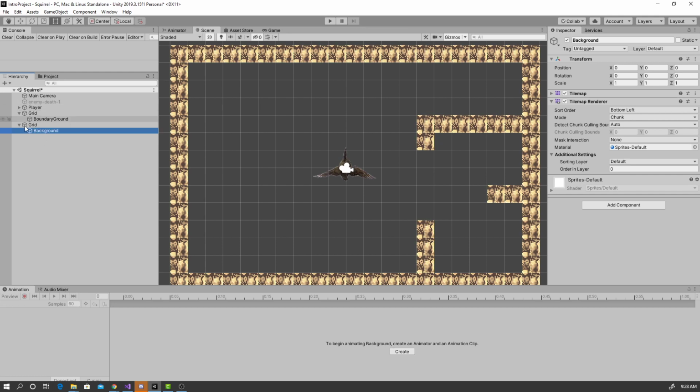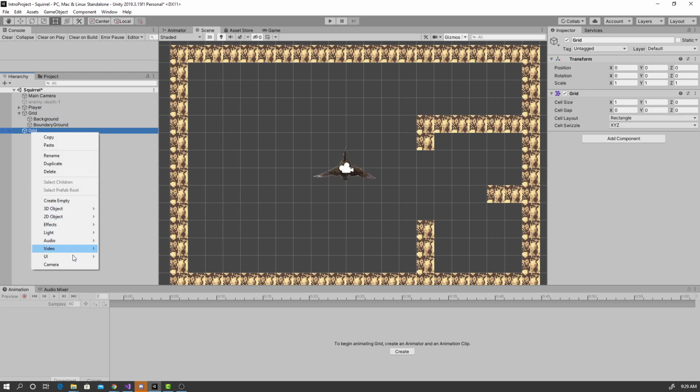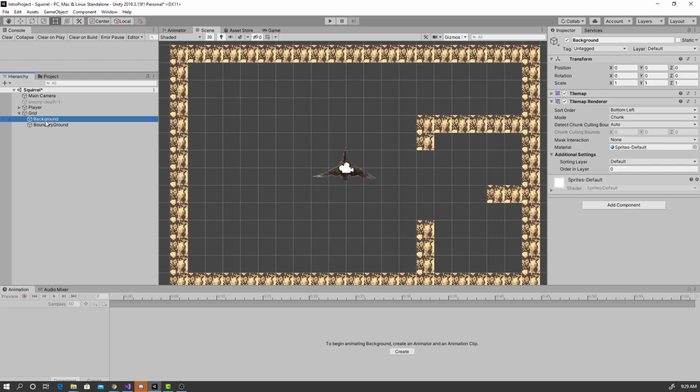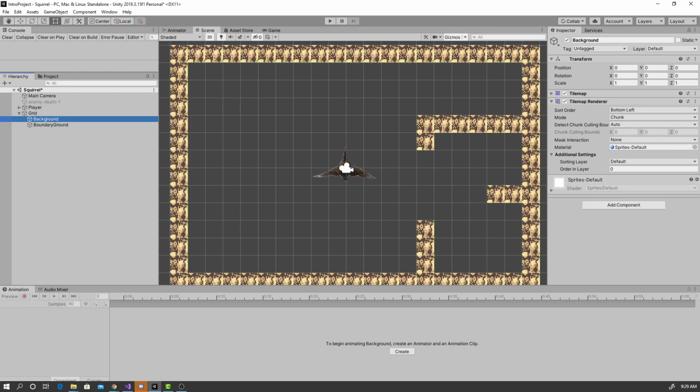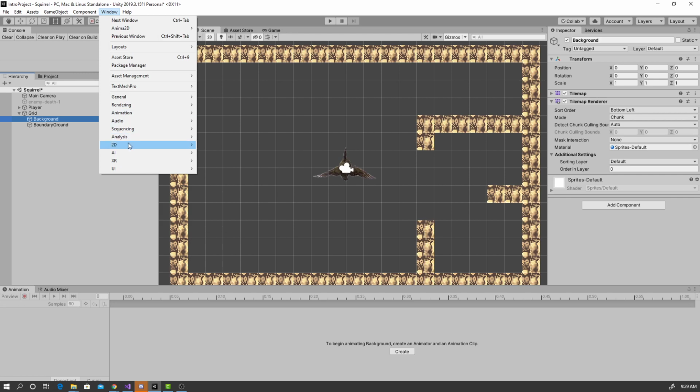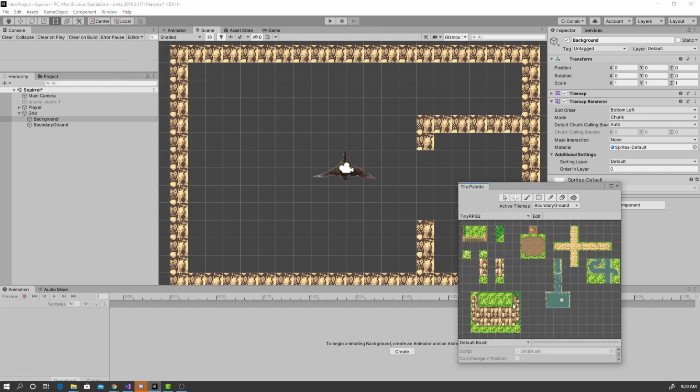And I don't need these two grids unless I want them to be different sizes. So I'm going to go ahead and put this one and delete this one. Delete. And this one does not have a collider on it. This one does have a collider on it. So I'm going to now paint in some extra things. Again, I'm going to go to my tile palette. And let's just grab that sort of